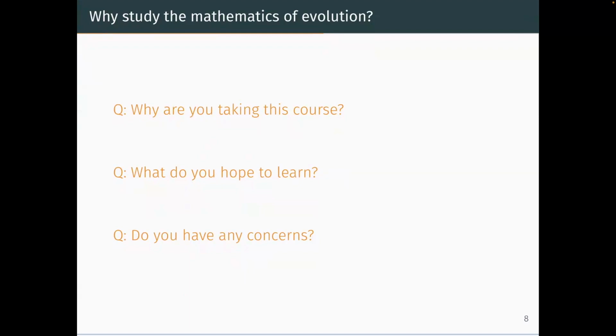Okay. So any volunteers, why are you taking this course? If the answer is that you need a 400 level course, I'm not going to be offended. Honesty is fine. It helps me understand what your motivations are. So yeah, any volunteers, why are you taking this course? Yes. I need a 400 level. Thank you for your honesty. What's your name? Kisan. Kisan. Thank you for your honesty. Anyone else who's just taking it because they need a 400 level course? I'm not going to be offended.